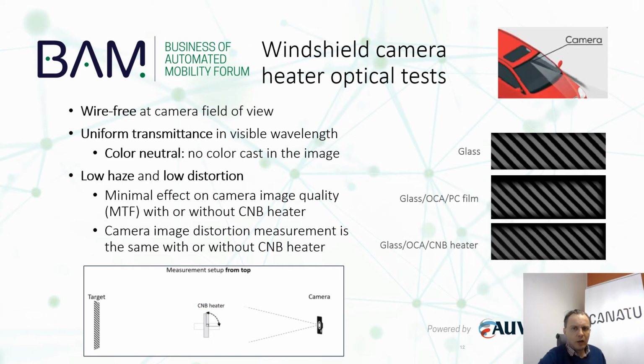Then if we are talking about the windshield camera heater optical test, we are able to provide wire-free solutions at camera field of view and uniform transmittance in visible wavelength, color neutrality, no color cast in the image, and as I say, low haze and low distortion are really super important